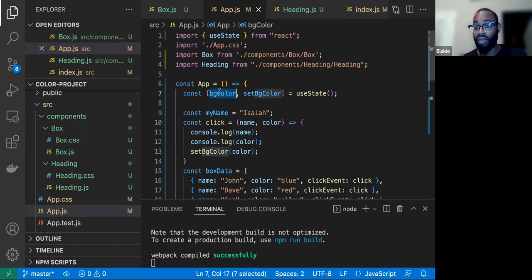So the value is here, which is not set to anything right now. If we wanted to set it to a default, we can put the default inside of here as any data type. This is a string. We can set this equal to a number. We can set it equal to an object. We can set it equal to an array. We can do whatever we want, but we just want to set this equal to blue because we're going to